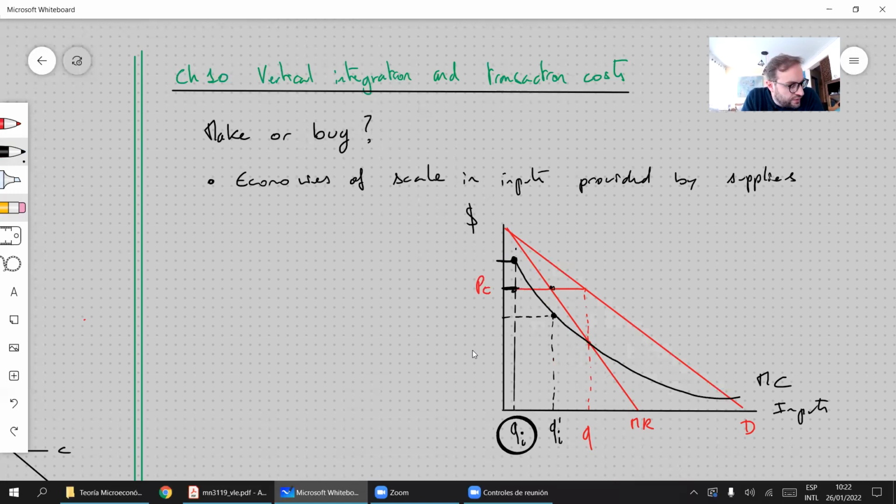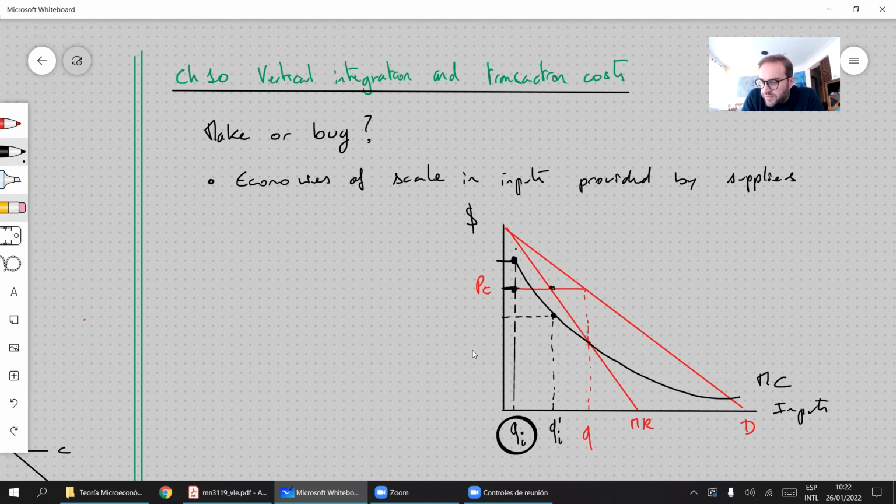Right? So this means that one of the reasons why we should expect that there is no vertical integration, that not the whole supply chain is within one company, is that some of the inputs have important economies of scale. That is, they become cheaper as I produce more. If they do,